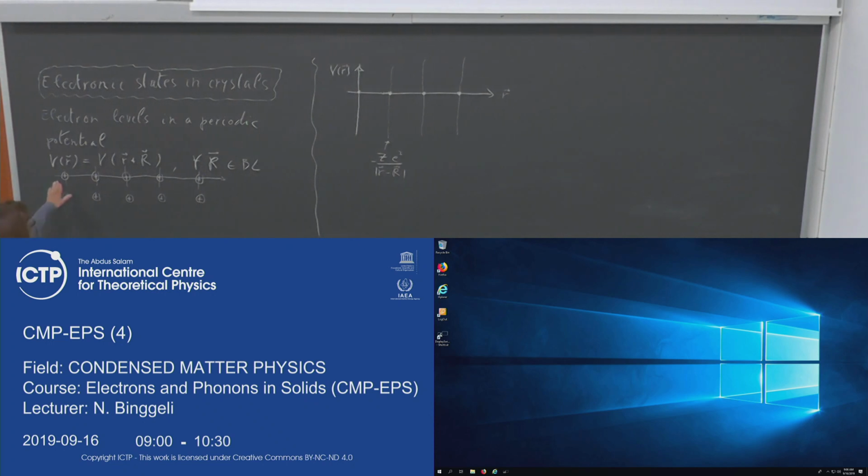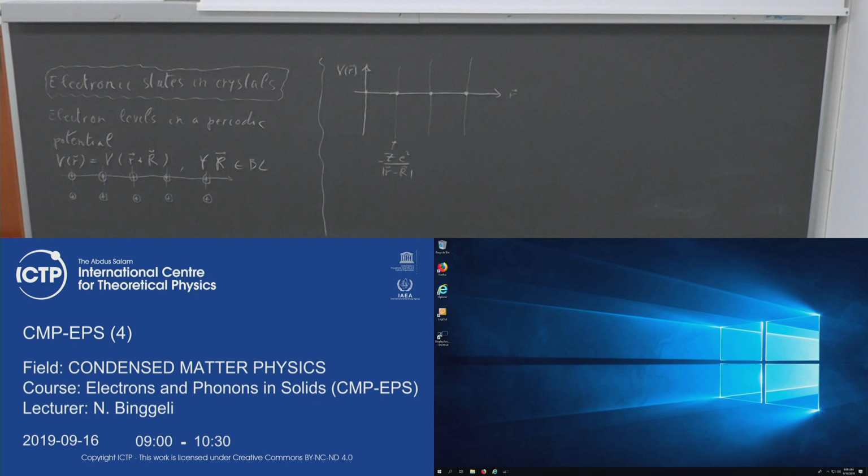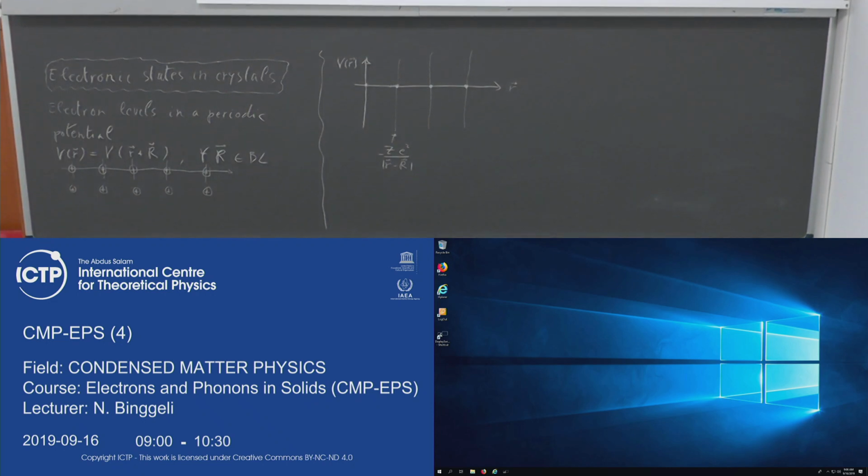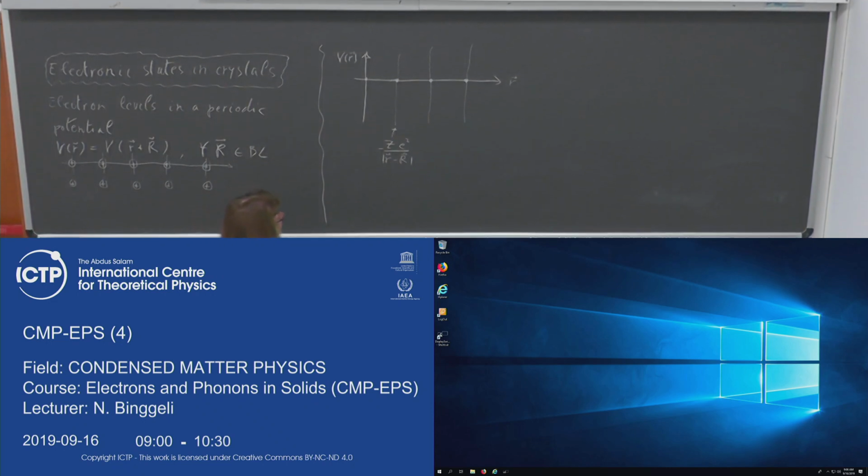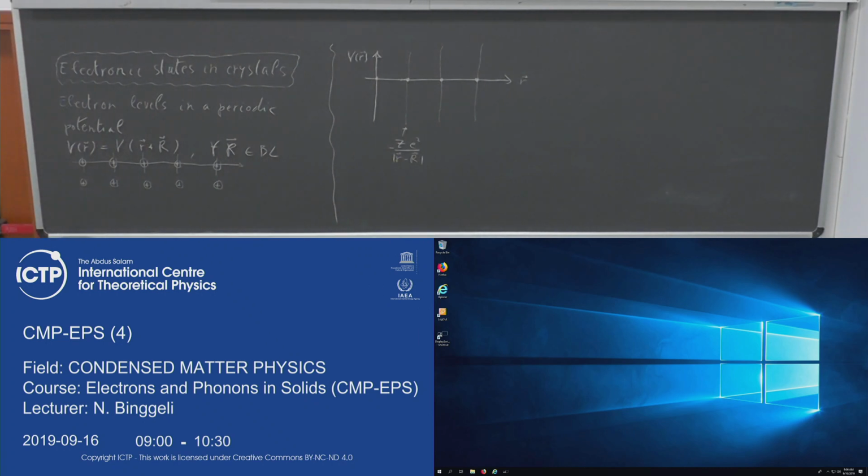I positioned the ion on each of these points of my Bravais lattice. For simplicity, I consider a monoatomic lattice, that is with one type of atom on each of the points of my Bravais lattice. So around each of these points, I'm going to have a Coulomb potential induced by the nuclear charges,